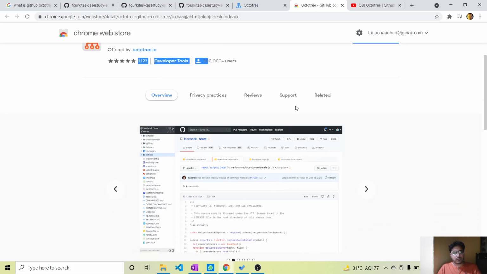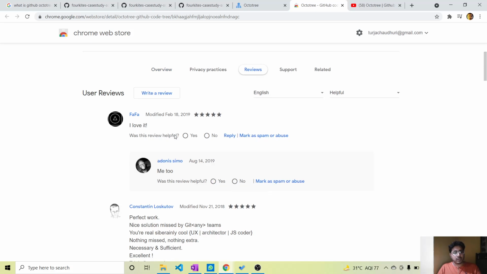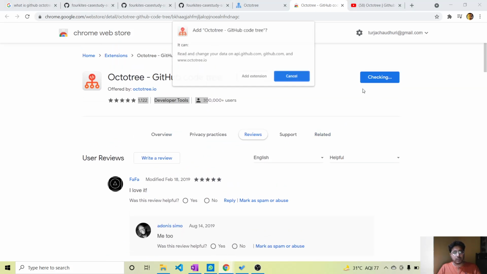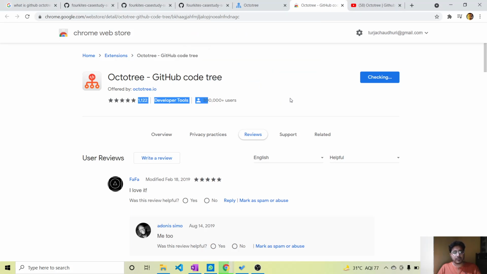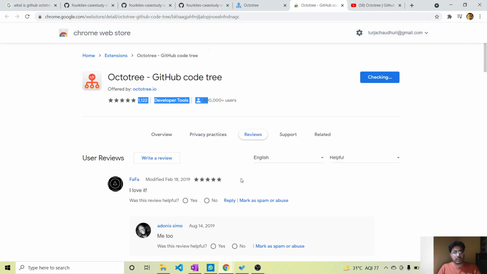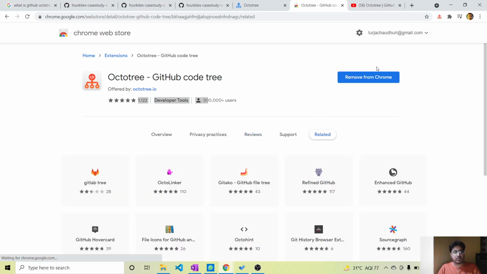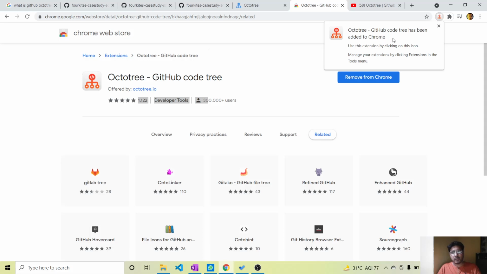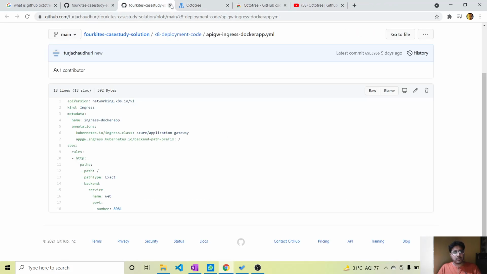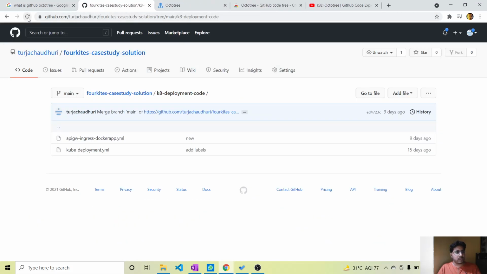300,000 plus users have used this. You can see very nice reviews of this product. So I'm clicking add to Chrome, so this extension is getting added. Give it some time, checking, and now it will say that it has been added to Chrome. So you can see GitHub Octotree, GitHub code tree, has been added to Chrome. Very good. Now if I go to my application and refresh my GitHub,